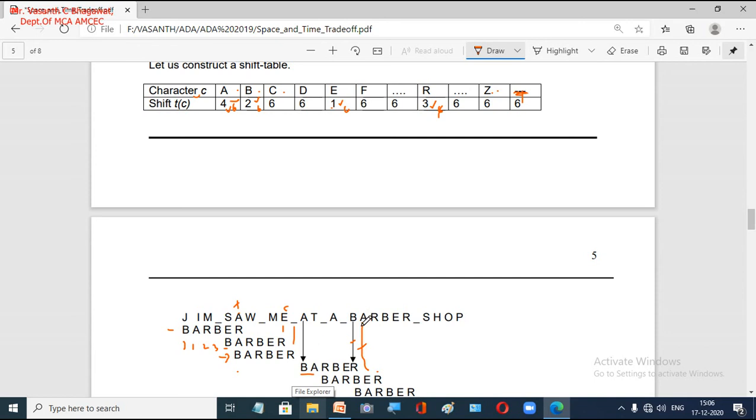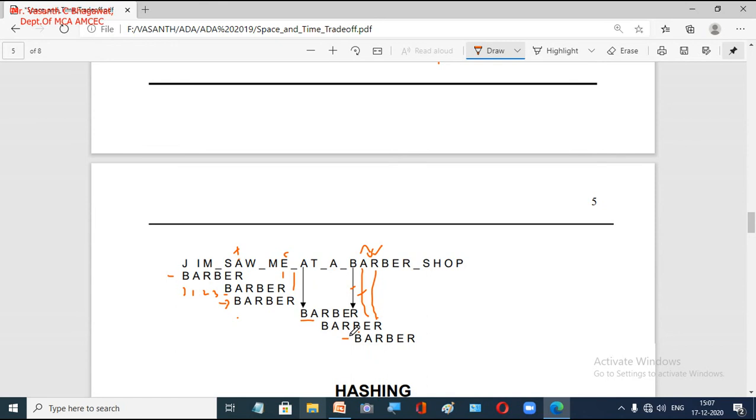So now, since A and E is not matching, the corresponding character is A, right? But the first character was matching. Now see, till now the cases were different. Now our first R and R was matching. Correct? Now when you come to the next, A and E are not matching. So you go to the previous one. The previous character was what? R. You go to your shift table, R. The value is 3. You move this pattern 3 positions: 1, 2 and 3. You move your pattern 3 positions.